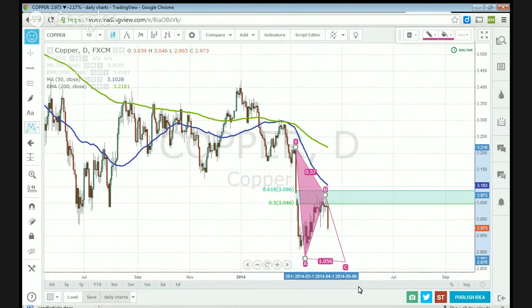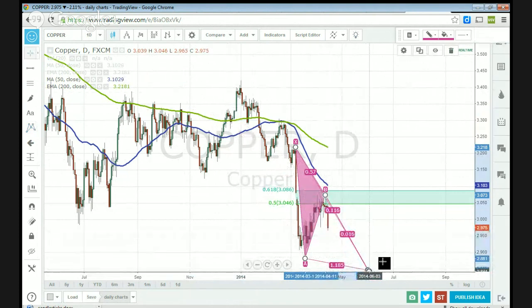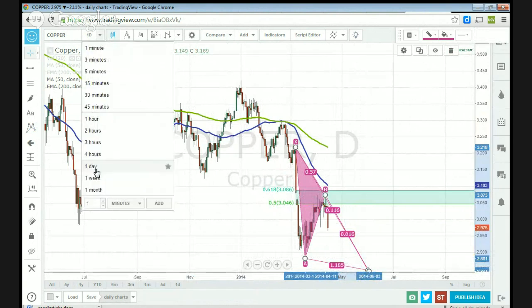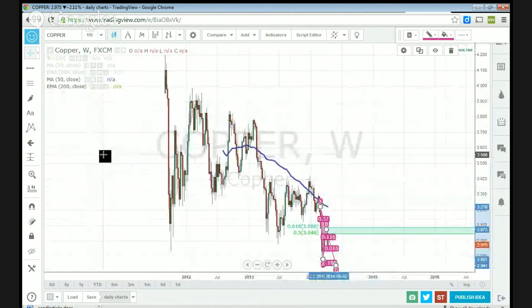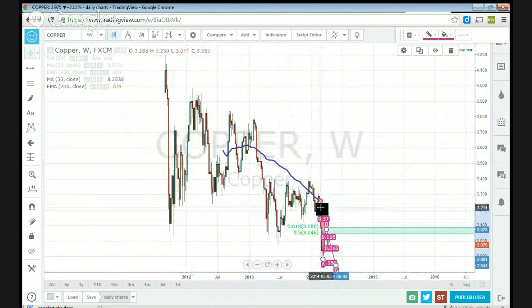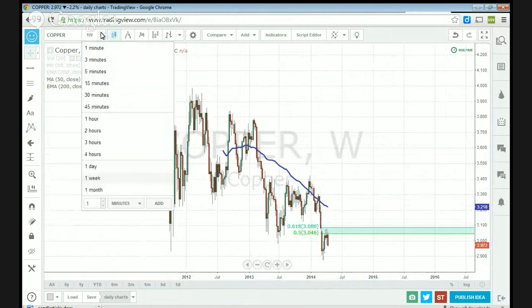I could extend this chart. Oh no, I'm stuck in this. But it's going to be, what's going on here? Okay. If you look at it on a weekly chart, I'm still not seeing anything. But basically, the idea is that, if we look at the ABCD pattern, just delete that,